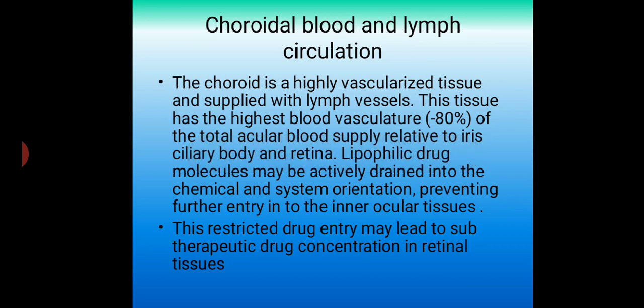Okay, so that's it for today. So these are some of the posterior segment barriers in our eye. Okay, so with this the barriers for the ocular systems get completed. So you can go through the previous sessions. Those who are not clear on the topic, listen once again on the anterior segment and listen once again on the posterior segments. Okay, thank you.